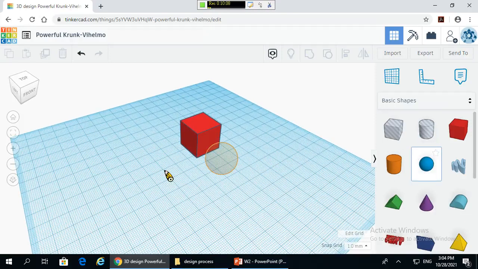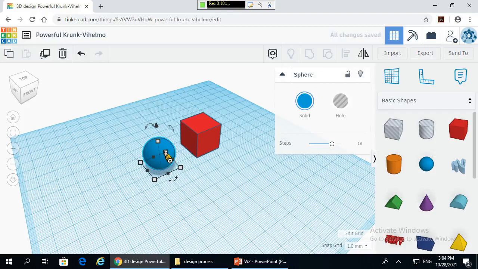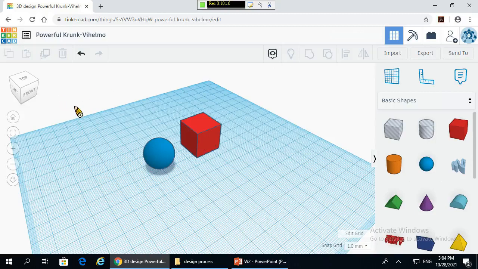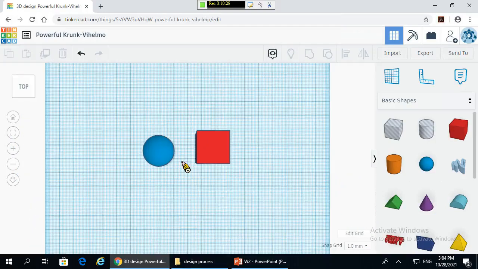Here I put two items over here. One is a sphere, the other one is a box, right? What I want to show you is if you click this icon over here, for example, top, you will get the top view. Oh, what happened to this one? So much noise. Okay? If you click the top, it looks like this, which is also called